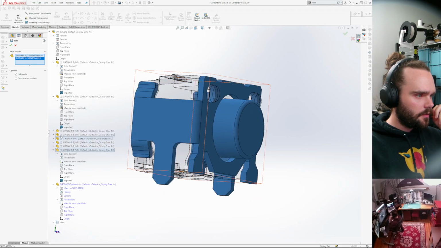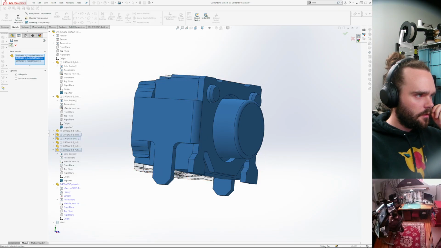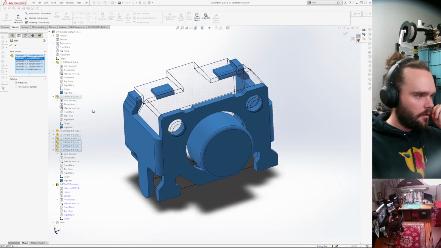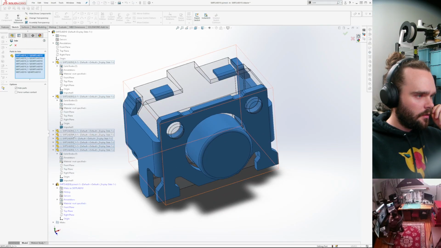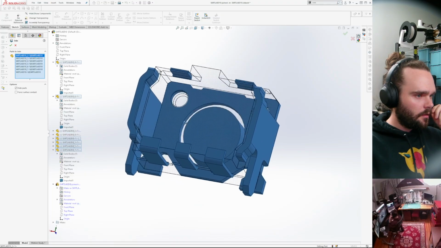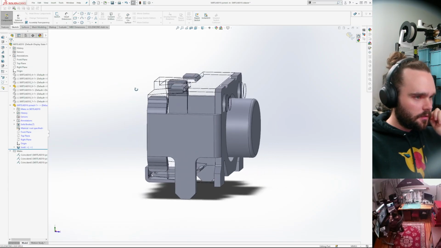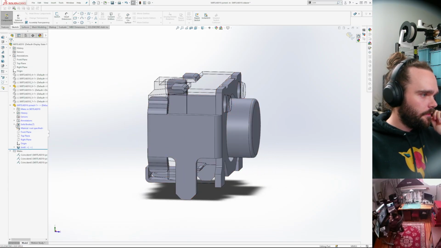The big ones. This is everything but that middle piece. Nice. Okay, solid bodies. Can't have that.